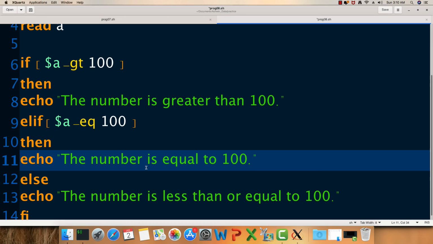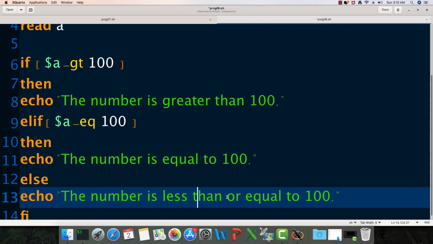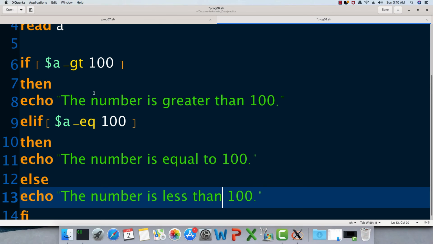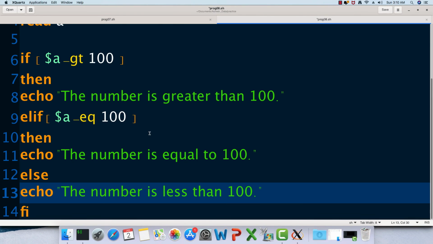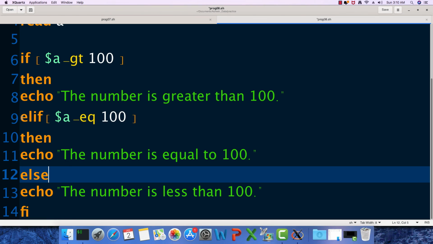Okay, and the remaining condition is either it is greater than 100 or it is equal to 100 or it is less than 100. That's it. That's how we can develop our logic. And there will be only fi because we have elif here. So if, then, elif, then, else, and fi.